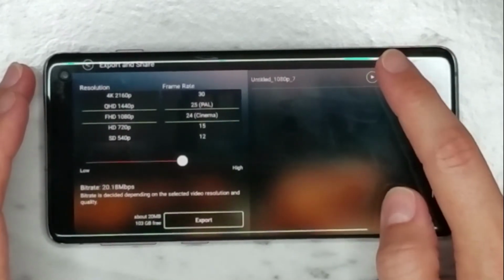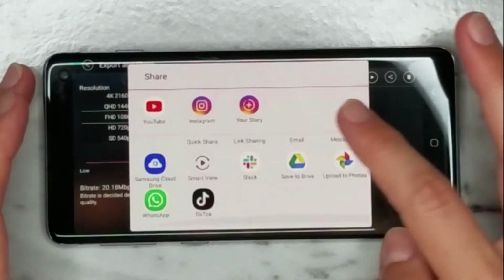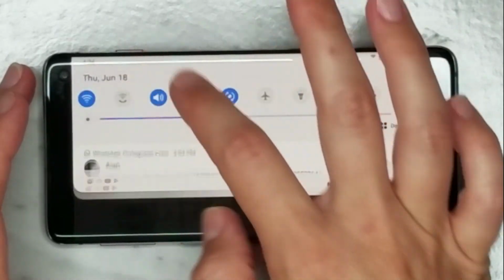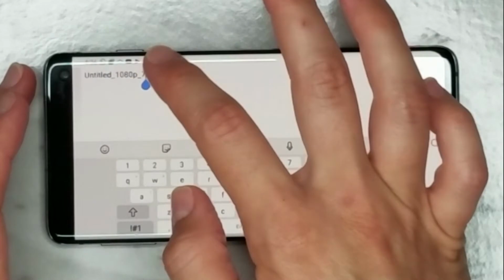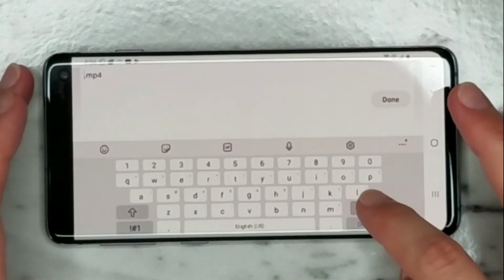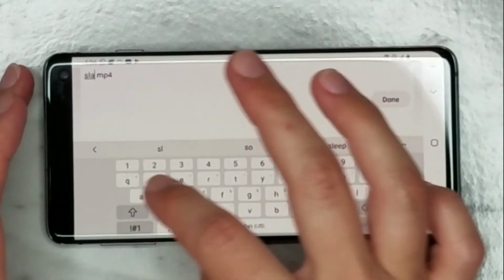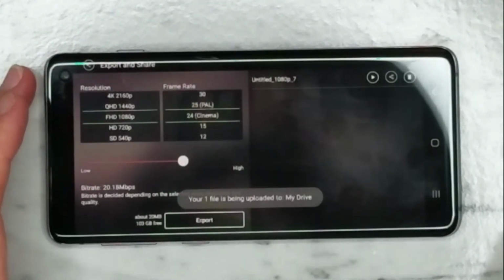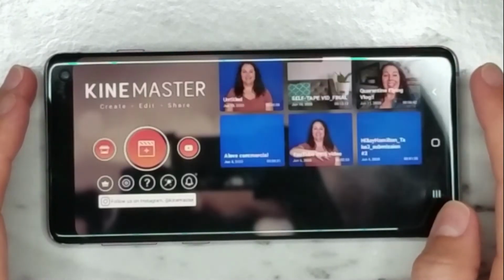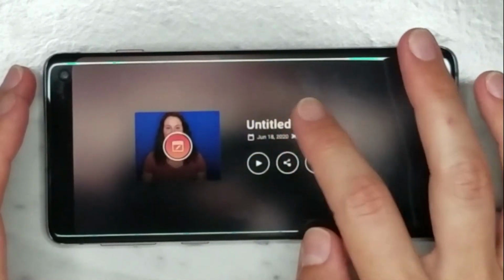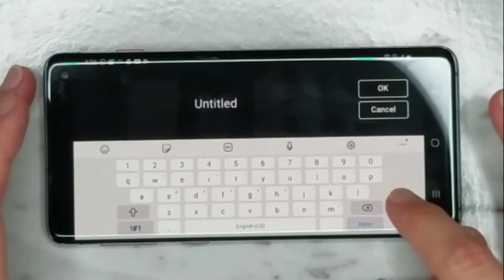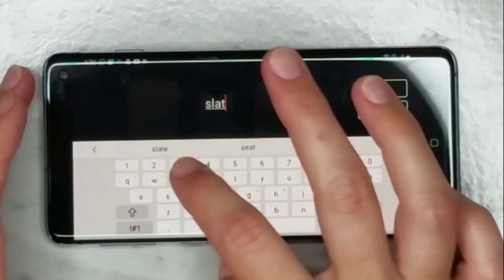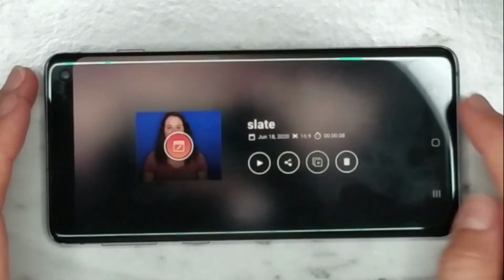And I'm going to put my finger on it to change the name. I usually upload it to my Google Drive. Lately, I've been plugging in my phone to the USB in my computer and my laptop, and I've been uploading the footage that way. And right here, you can change the name. I usually put my first and my last name, and I put an underscore, and I put the role that I was doing. For this tutorial's purposes, I'm going to go back, and I can actually click on that footage and then change the name here as well. So just changing the name to the slate, and when I hit OK, and then just the back button,